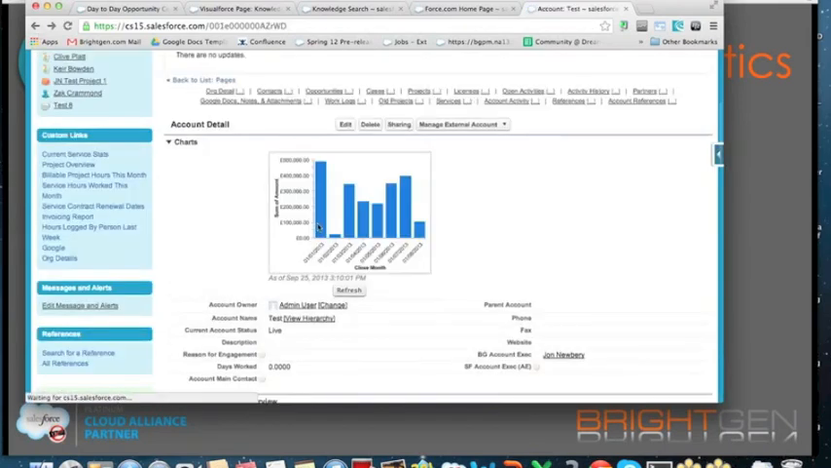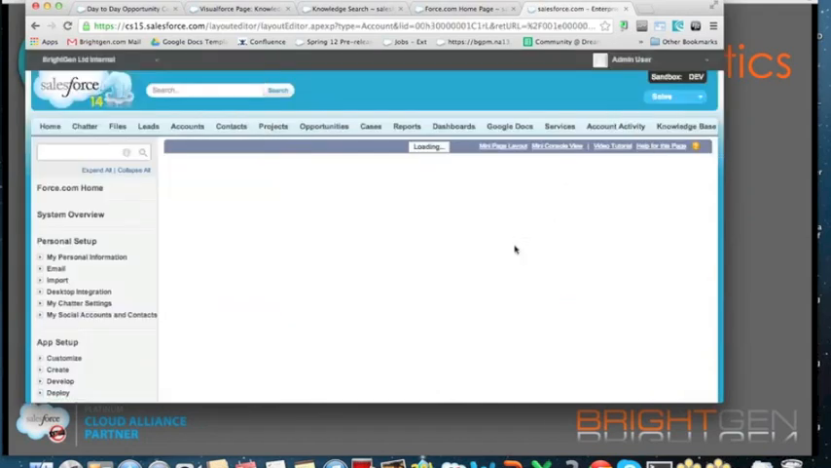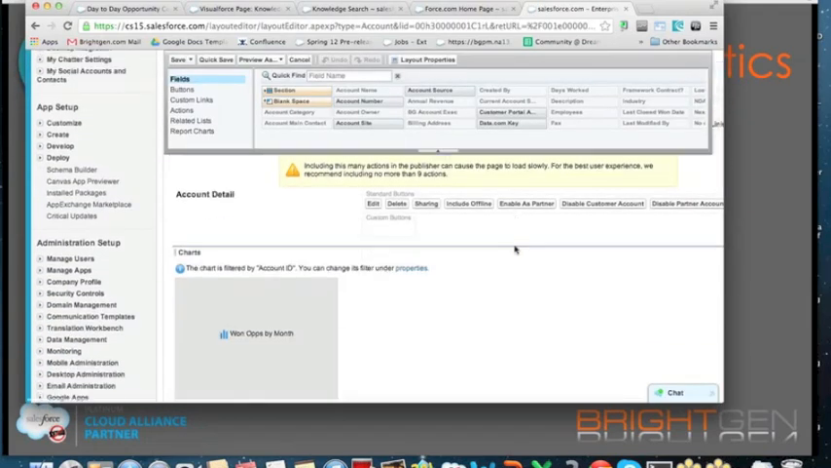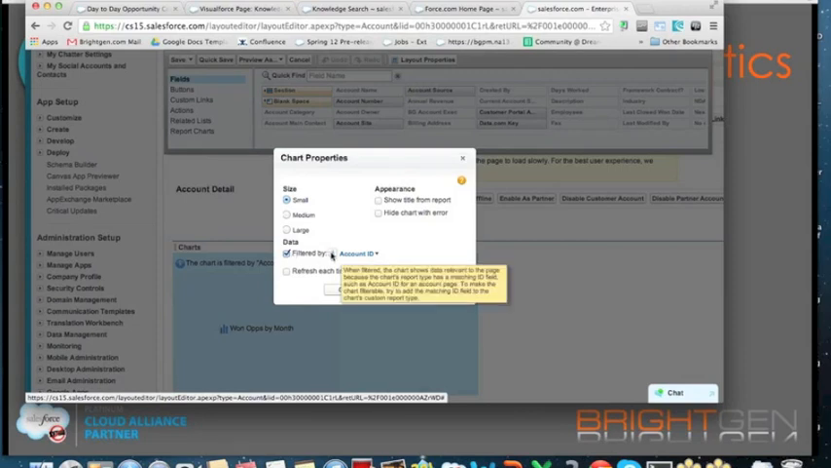The way I've configured this, the user has to click refresh in order to pull through the latest information. But that's all configurable when you set the chart up through the page layout editor. You can then click the wrench on the chart, and you can say that it can refresh each time a user opens the page. At the moment, I'm filtering this by account ID